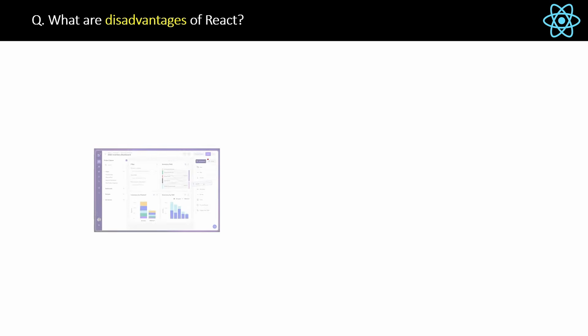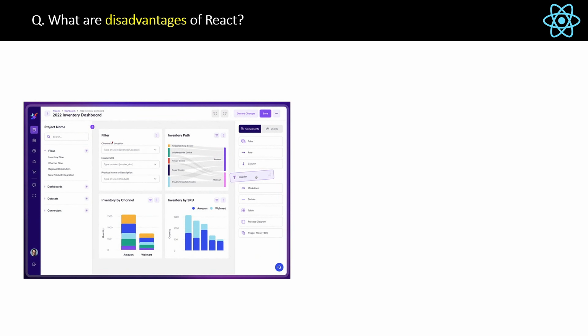What are some disadvantages of React? Everything has some pros and cons, and the same is the case with React. Let's see an example where React is not a good choice for UI development, okay? Suppose you have an application where you have many small replaceable complex components like this. In this case, React is a good choice for you to manage these components, okay? Because React will make the development process very simple compared to directly using HTML, CSS and JavaScript, because then this complex component application will be very difficult to create, okay?